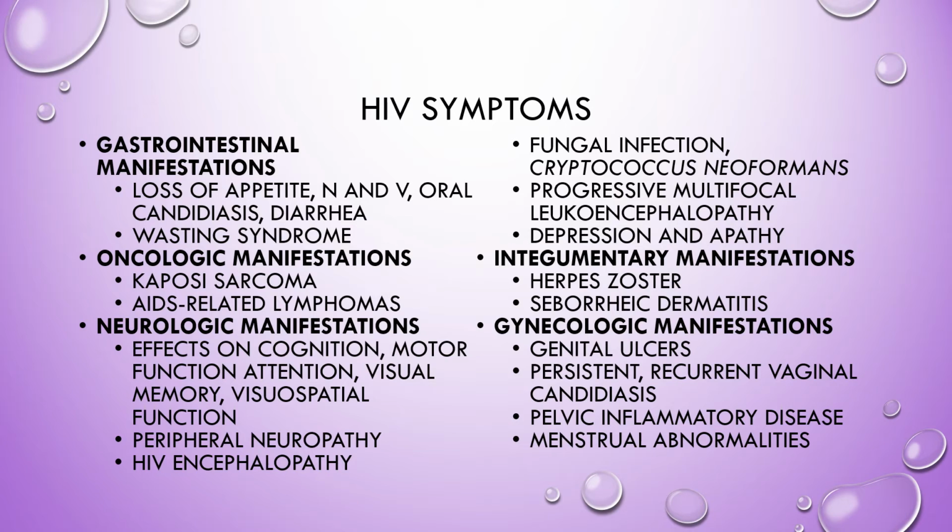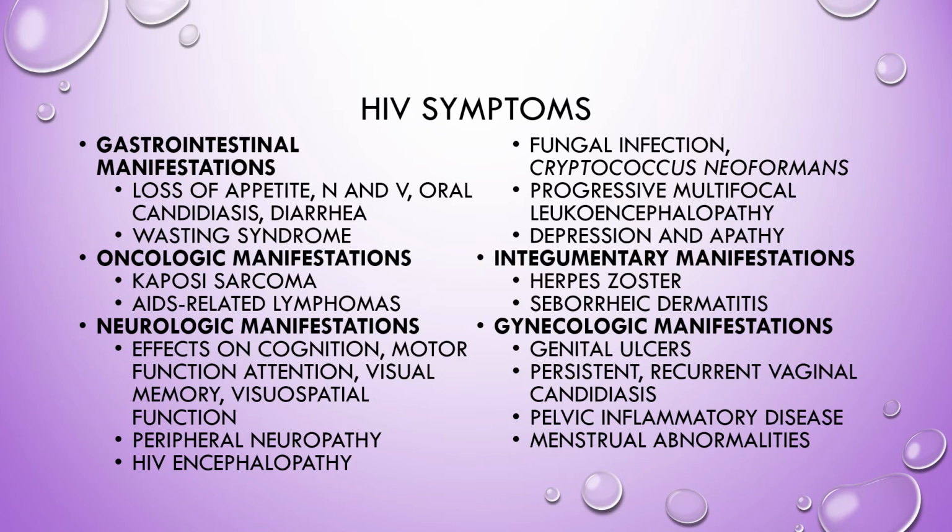There are neurological manifestations like effects on cognition, motor function, attention, visual memory, visual spatial function, peripheral neuropathy, HIV encephalopathy, fungal infections of the nervous system, and one is called Cryptococcus neoformans,